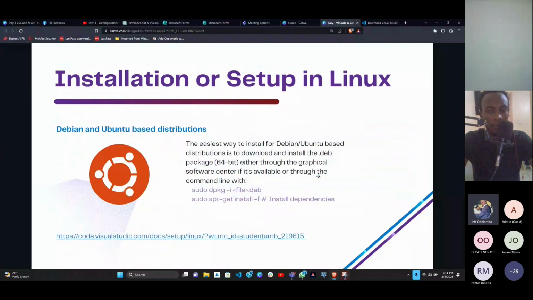That's for Mac. For Linux, there are various ways of installing it, and that will depend on the distribution that you're working on. We have Ubuntu, Kali Linux, Parrot, Fedora. We have a lot of distributions for Linux, and for each one of them there's provided documentation on how to go through it. For Ubuntu, you just download the file,